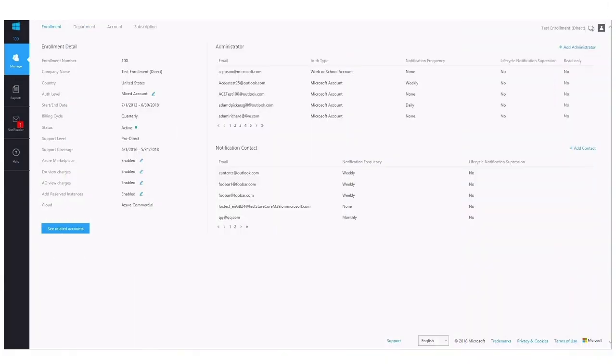Today we'll be walking through a complete overview of the Azure Enterprise Portal from the perspective of a Direct Customer Enterprise Administrator. This information also applies to indirect customers who have a cost view. Indirect customers will need to reach out to their partner and request that the partner publish the pricing in order to have visibility into cost reporting. Without published pricing, they will only see usage information in the Reports tab.